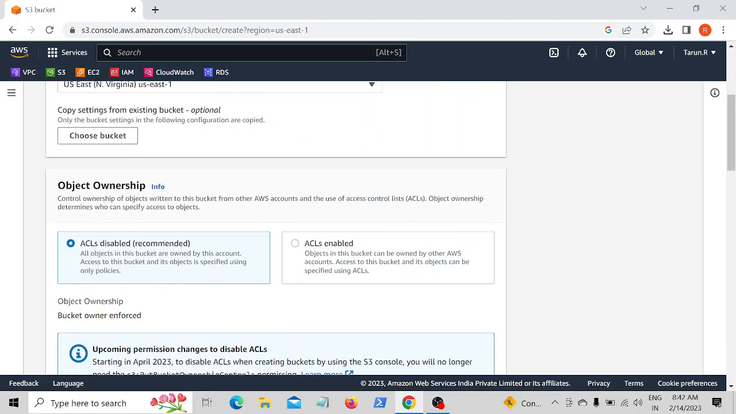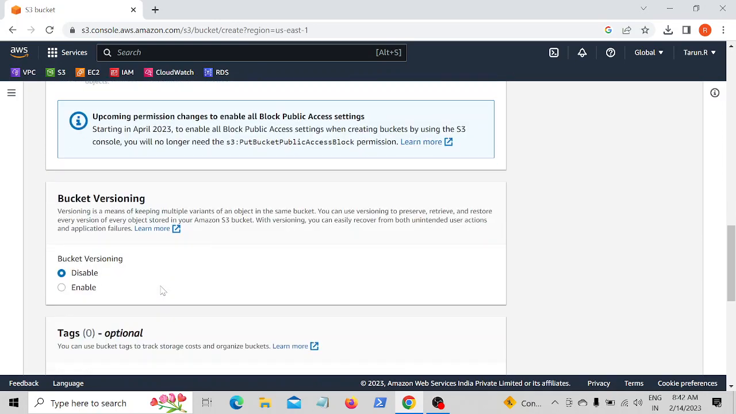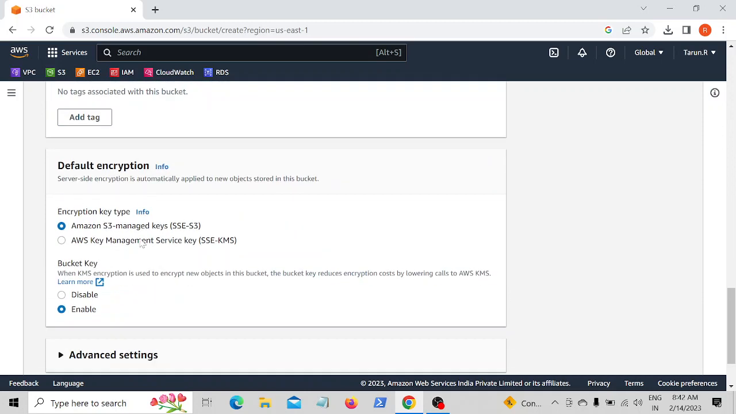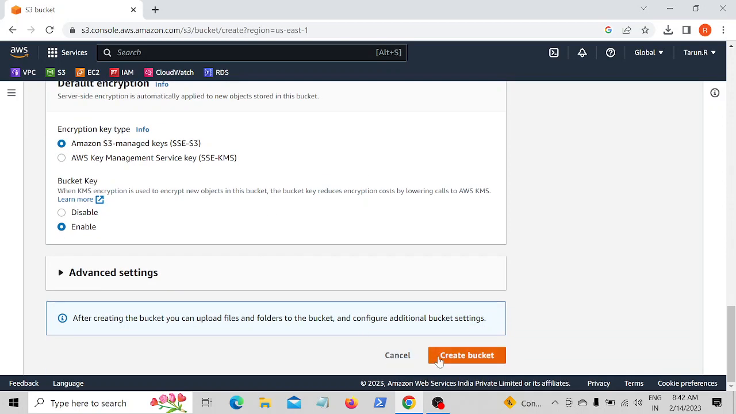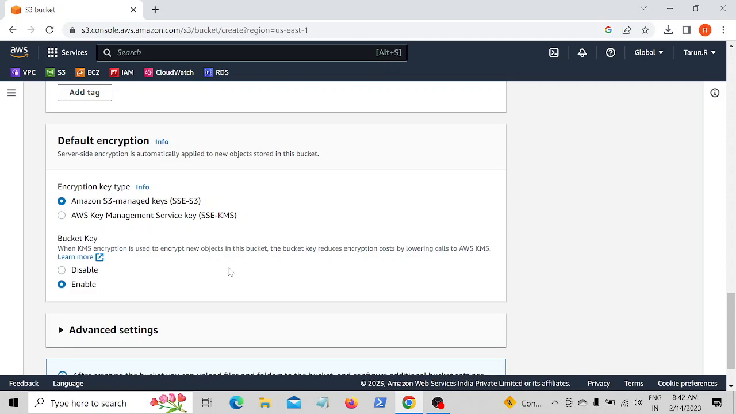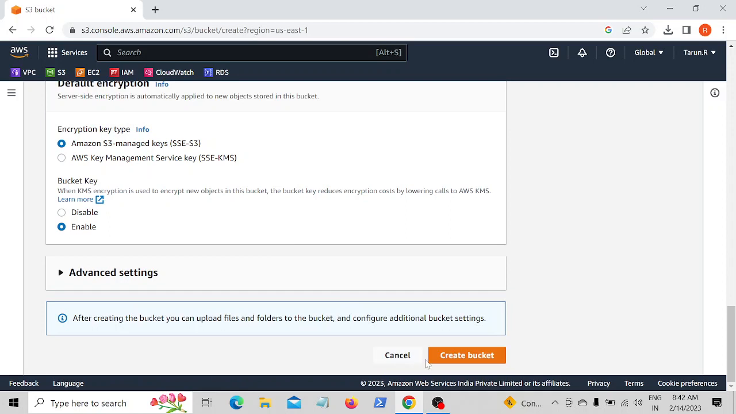Now coming down, we have default encryption. So we have AWS S3 managed keys. If you enable this, create the bucket and upload any objects, everything will be taken care of by S3 managed keys. You're not going to do anything over there. Just create the bucket and upload, and it will get encrypted, with everything taken care of by Amazon S3